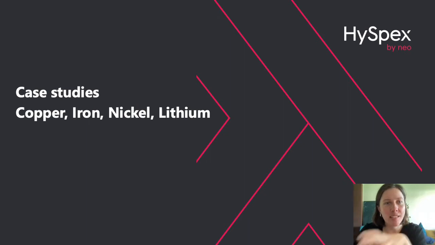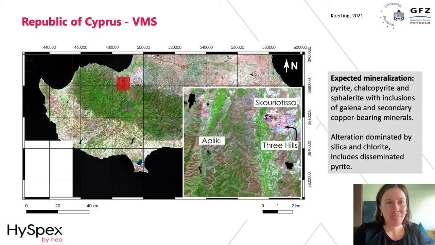Okay, so that being said, we're going into the different case studies, and we're looking into deposit types of copper, iron, nickel, and lithium that I worked with at my time at the German Research Center of Geosciences and the University of Potsdam. We are jumping right into the example of copper here in the Republic of Cyprus, and the Cyprus sulfide deposit